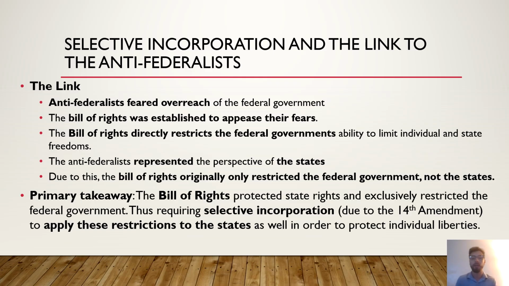and state sovereignty. The Bill of Rights was established to appease the fears of the Anti-Federalists. And what were the fears? The fear was that the federal government would overwhelm state governments that have many individuals working within them. Now, the Bill of Rights was a direct restriction on that federal government in those 10 ways. Remember that 10th Amendment summarizes this perfectly. If we have not directly restricted the federal government in a specific sense, we are allowing these rights to be granted to the states, not as much to the individuals, but to the states and then the people. So we see a progression: federal government, states, and then the people.